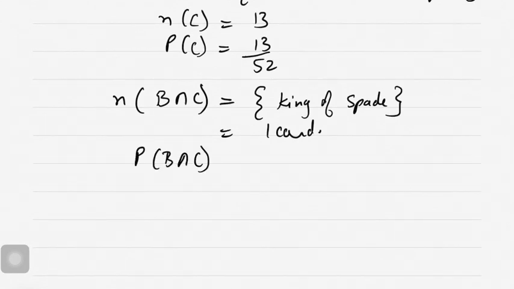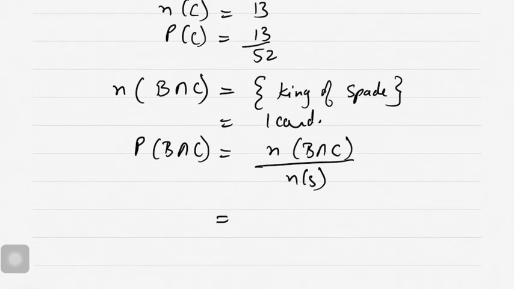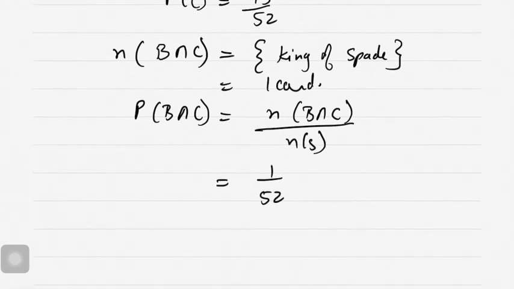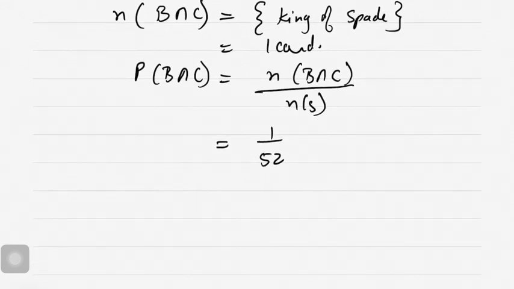So my P of B intersection C would be n of B intersection C over sample space n of S, one by 52. Correct? So my final answer,